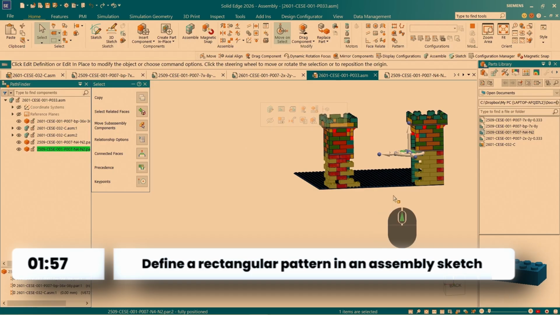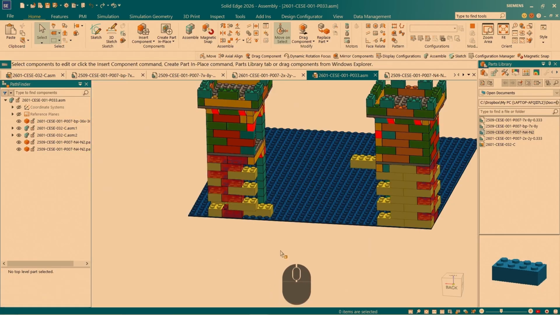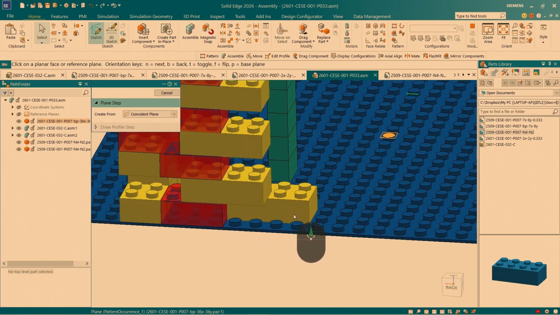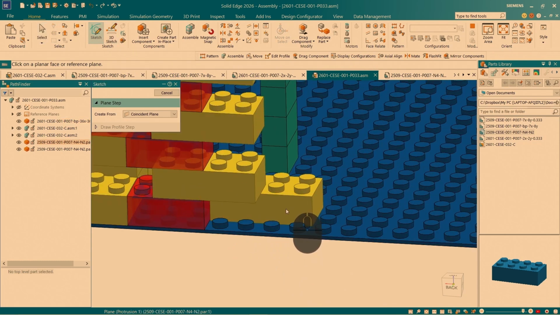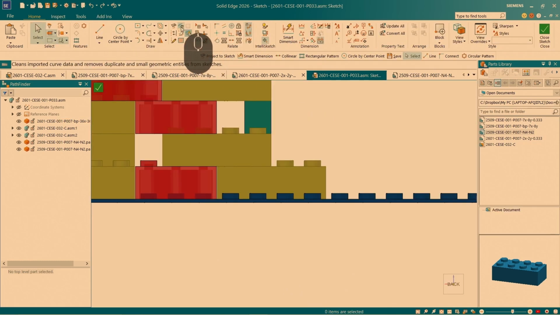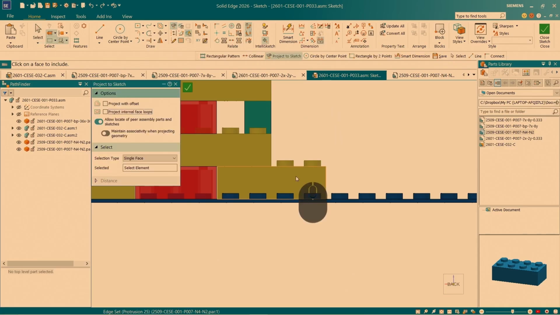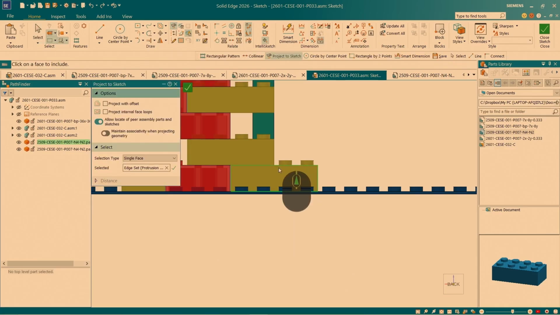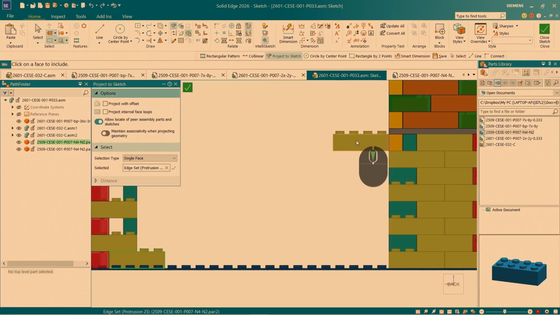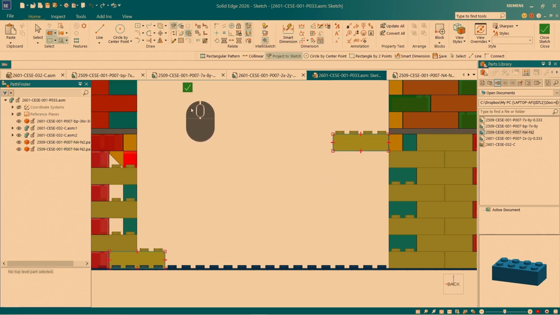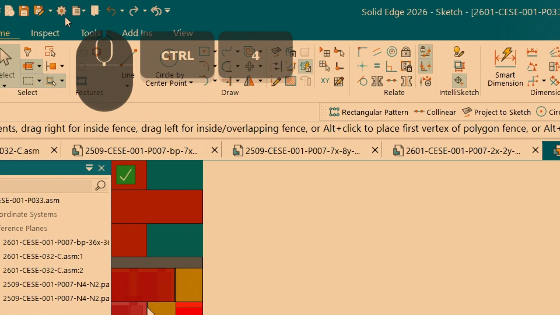So we're going to use these to define an assembly pattern for the wall. So I'm going to create a sketch, and for the sketch we're going to use the front face of this block as our sketch plane, and I'm going to use project to sketch, and I'm going to project the front face of this block to the sketch plane and the front face of this block. I'm going to tick this box and exit out of that command,